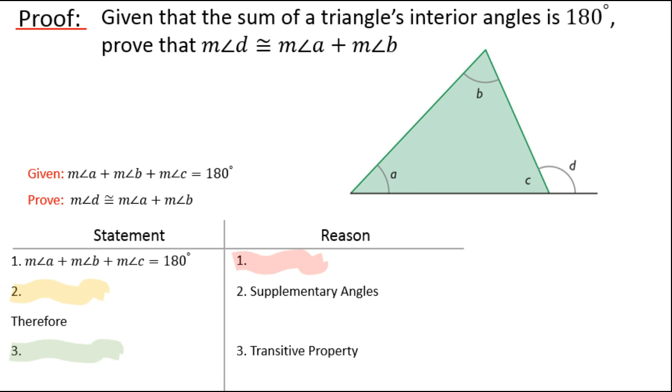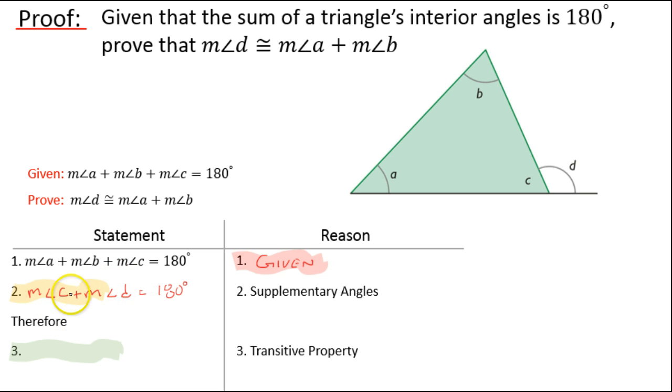Our first statement we have up here. Number one will always be given. It's always given information, so we just rewrite what is given to us. The second part, supplementary angles. This will be the measure of angle C plus the measure of angle D is equal to 180 degrees because they are supplementary. They create a straight line. You could have also used linear pairs. Therefore,